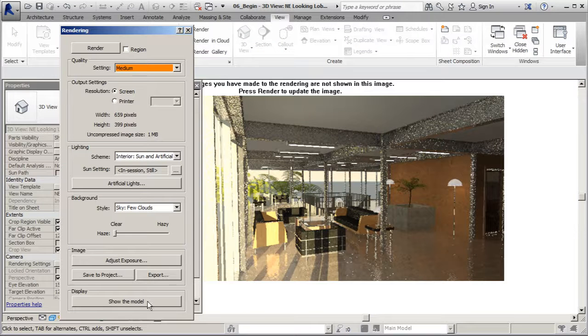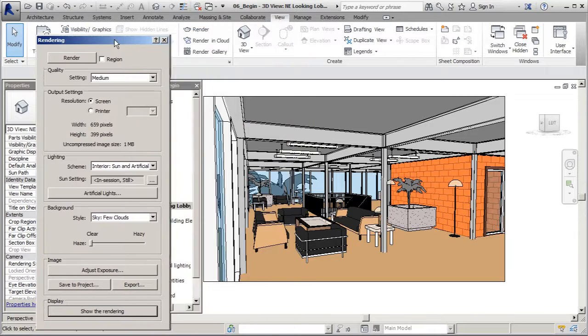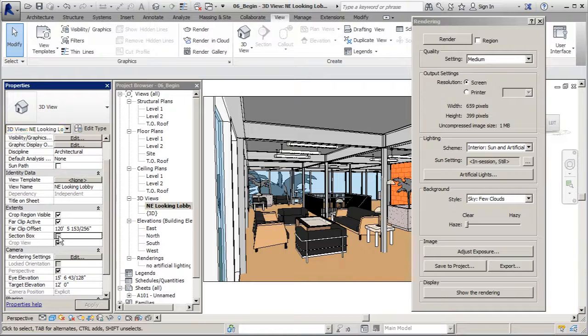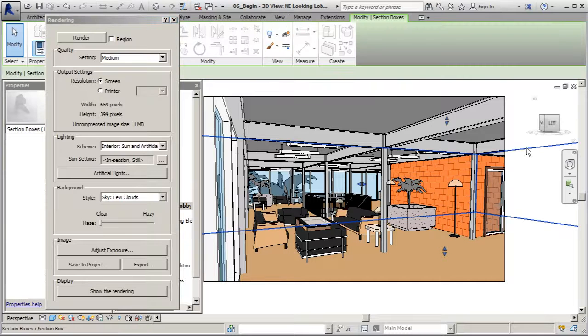So to do that, I'm going to jump to show model real quick, and this will allow me to edit anything that's in there, and then we can later re-render if we need to. But once I go back to show model, I'm going to move this window over just a bit. I'm going to set our section box. And once I set that, I'll move this over one more time, you'll notice a small box appears in our